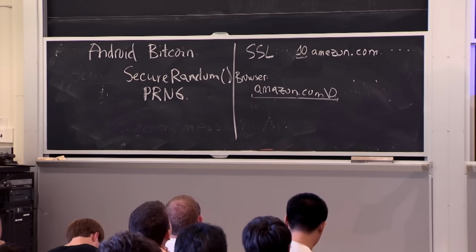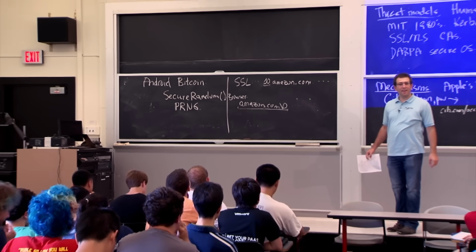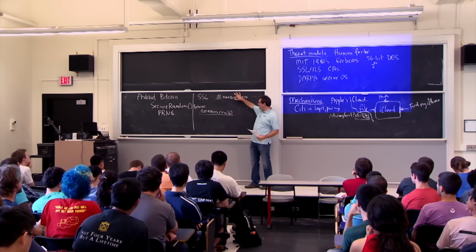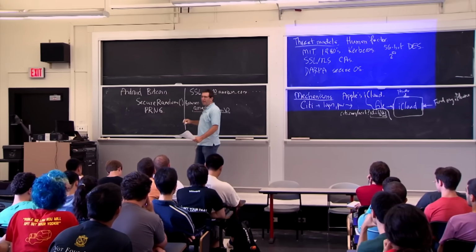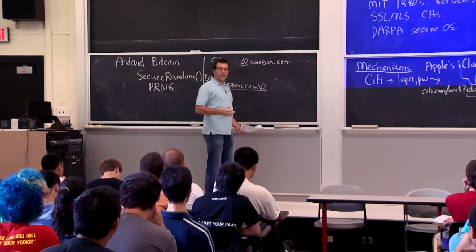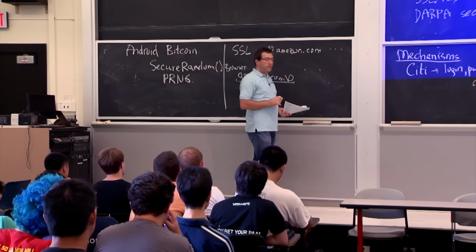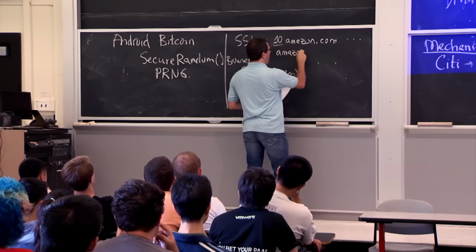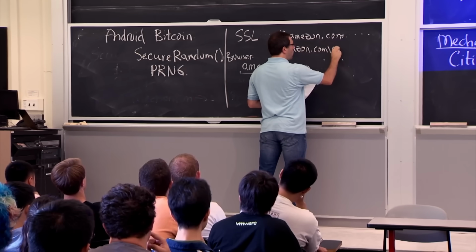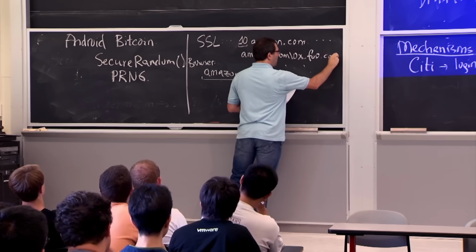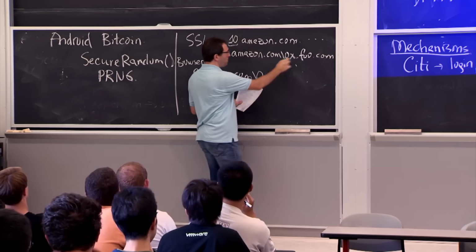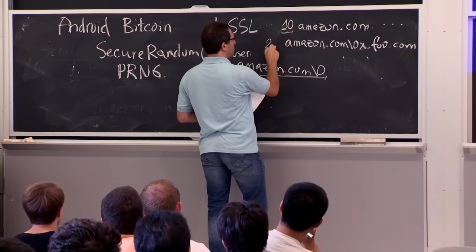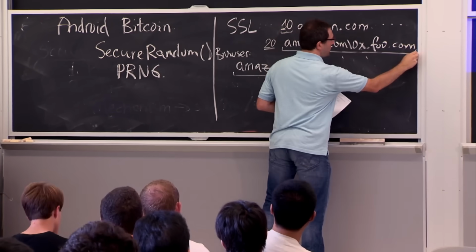Any guesses? Yeah? You can have a 0 in the middle of your string? Yeah, so this is great. This is a bit of a discontinuity in terms of how this guy represents strings and this guy. So suppose that I own the domain foo.com. So I can get certificates for anything.foo.com. So what I could do is ask for a certificate for the name Amazon.com\0x.foo.com. That's a perfectly valid string. It has a bunch of bytes. I guess it's 10, 11, 12, 13, 14, 15, 16, there's another 4, 20. So this is a 20-byte name with these 20 bytes.